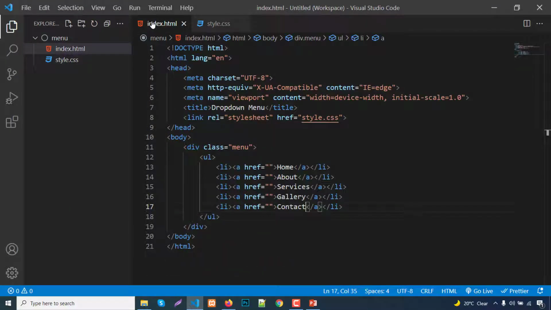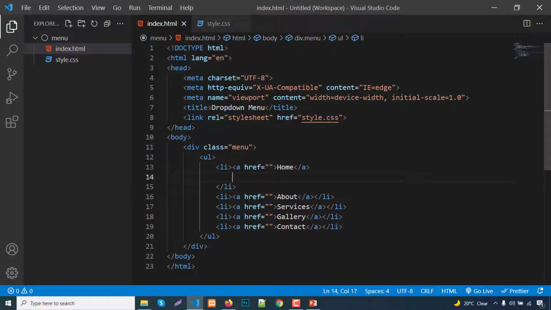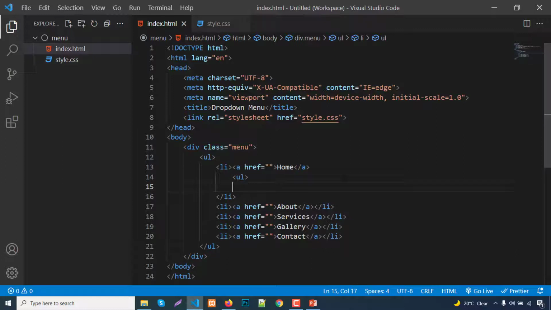Back to the HTML, and here is our home code. Before the ending li, hit double enter and tab. So we write a drop down list for home. Write ul start, ul end.